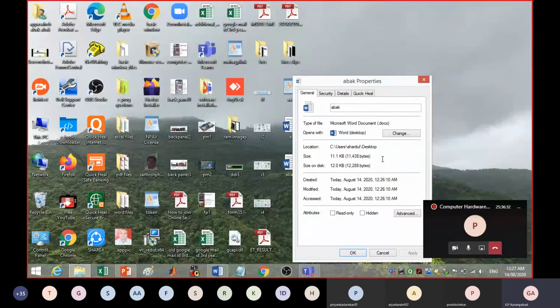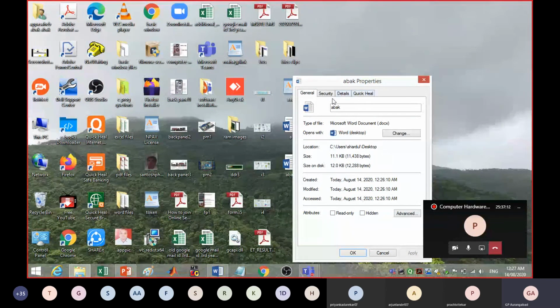That means what is the allocation unit of your operating system? If you carefully calculate, you will find that 24 sectors are given for one file. That means 24 sectors is the one allocation unit. So the file name will be saved on 24 sectors, giving a certain ID for that allocation unit. Whenever you refer to this particular file as ABAK, it will come to know where it is stored and what the size of this is.